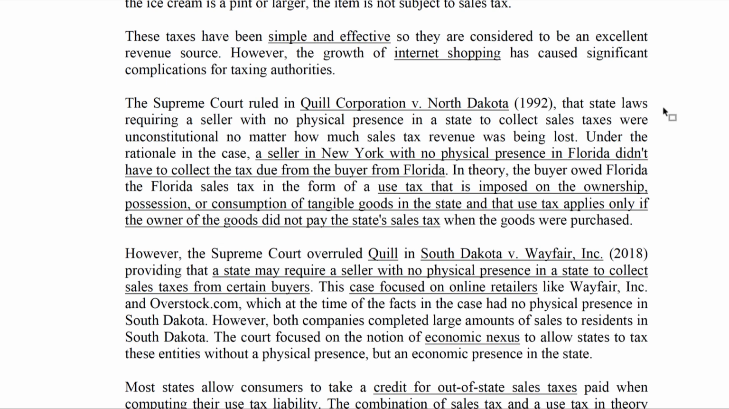Now, again, the use tax is what comes in and is supposed to provide that person that purchased from Quill Corporation North Dakota is now subject to use tax, but that's another issue, whether the taxpayer actually files a use tax return. That's another issue, okay? I have an example here. It deals with New York and Florida. You can take a look at that, but it's the same